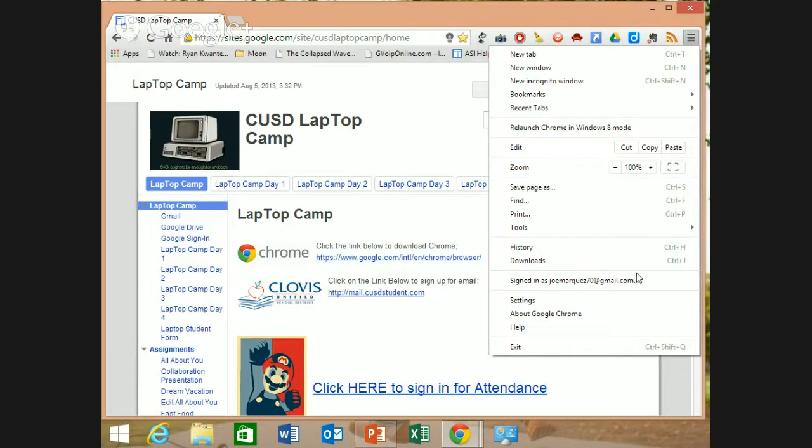Oh, they did. Is this a Chromebook? So it's already signed in. That's how you sign into the computer. Yeah. Okay, so it's already signed in. Oh, okay. Since this is a Chromebook, yeah,